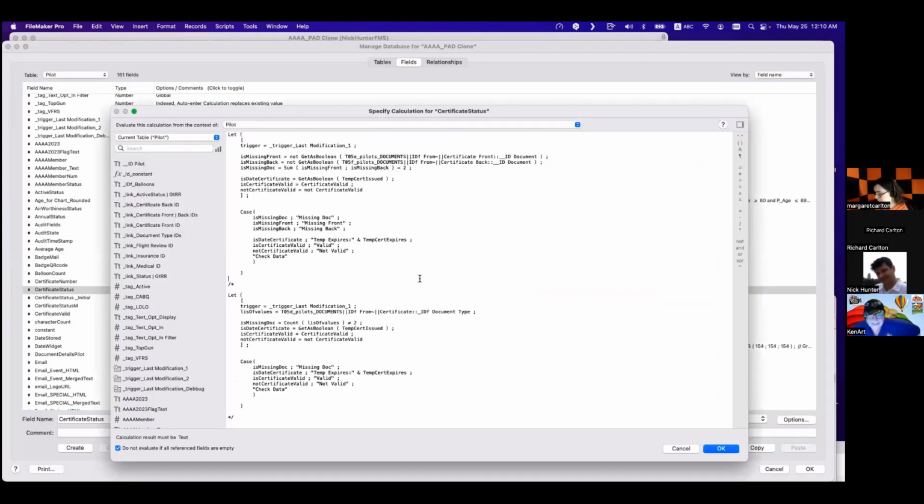So now, I want you to see that if you want to do something like this without the let statement, good luck. To understand and debug, right? So we're good, right?